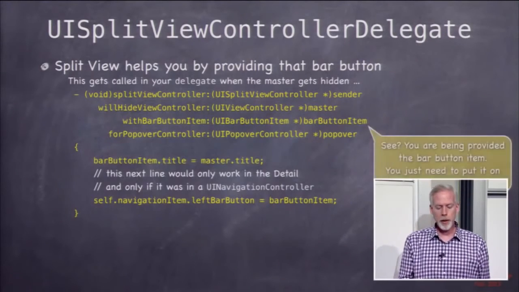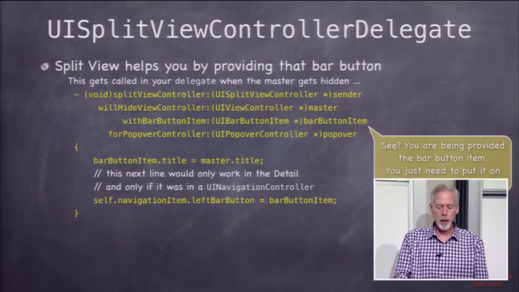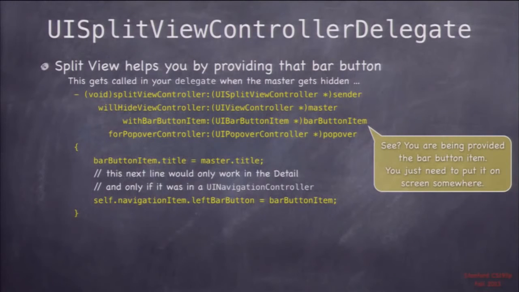So the way you put the button there is another split view delegate method, will hide view controller with bar button item. And what that's saying is, I'm going to hide the master. Here's a bar button to put somewhere on the screen that when the user clicks it, it'll slide back. Okay? So here's a simple